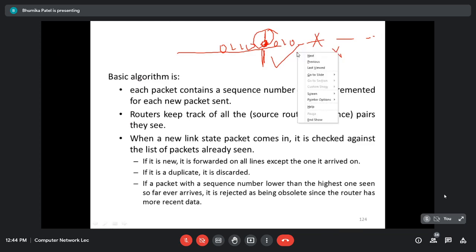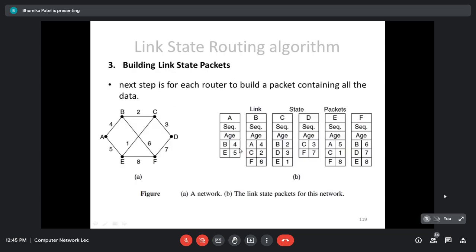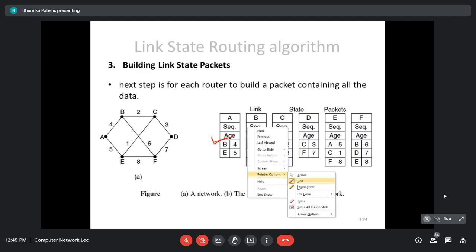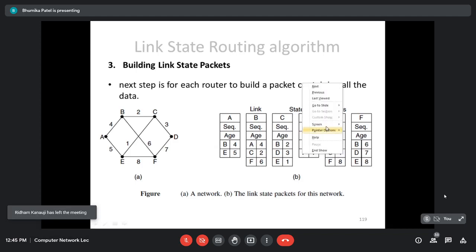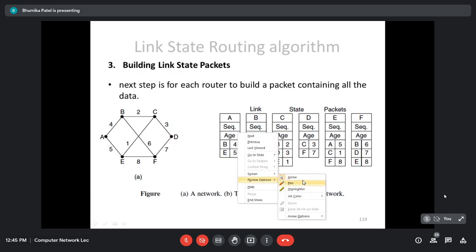So in order to solve these two problems, that is, whenever any router crashes, or there is bit corruption or sequence number corruption, we can add the age. That is its main purpose. So if a router crashes or the sequence number gets corrupted, we are going to add this age into the packet. As I said, a packet is coming every 10 seconds. If a router crashes and comes back, it is usually within 10 seconds. So we can use this age as a solution.